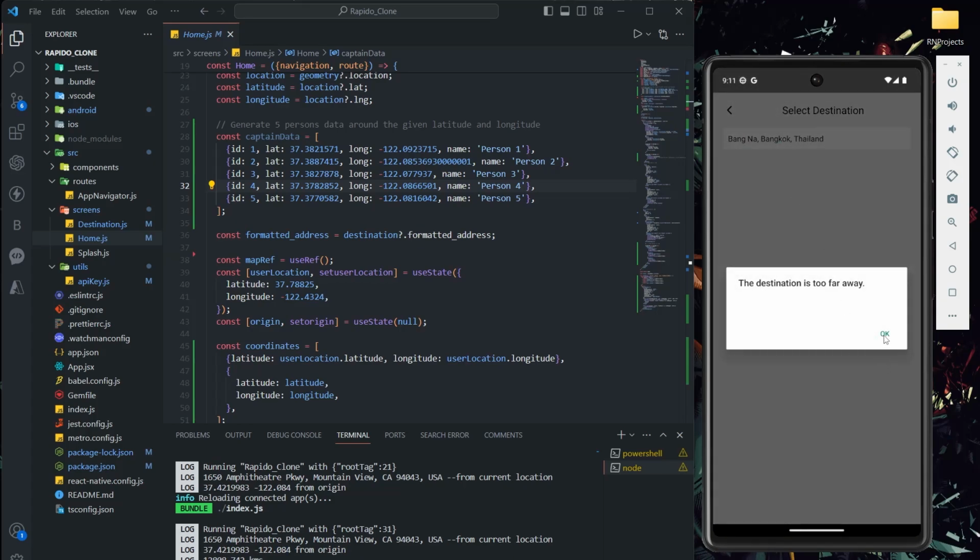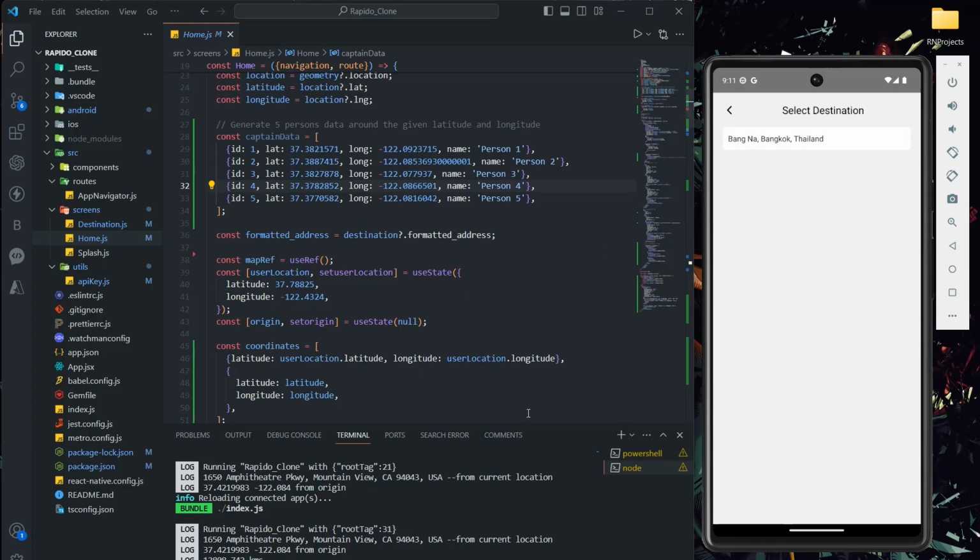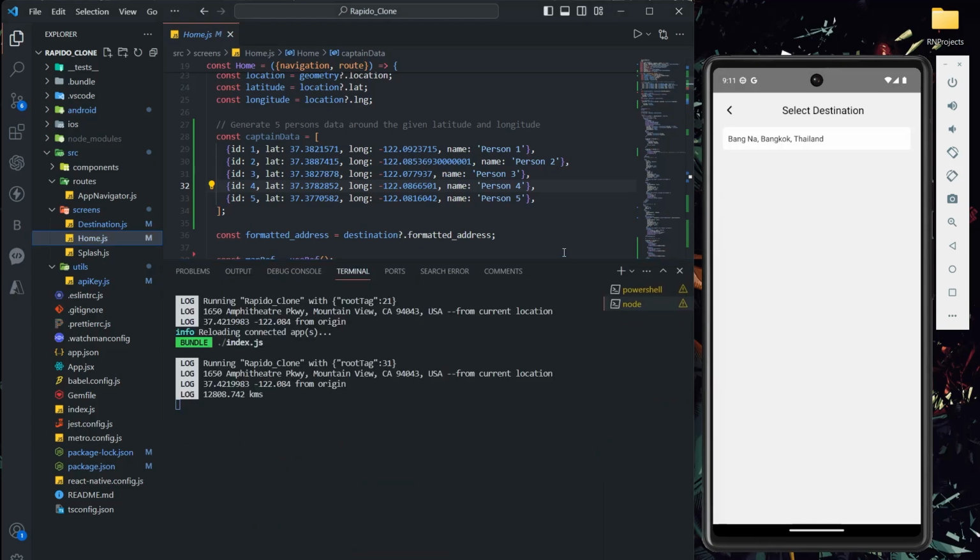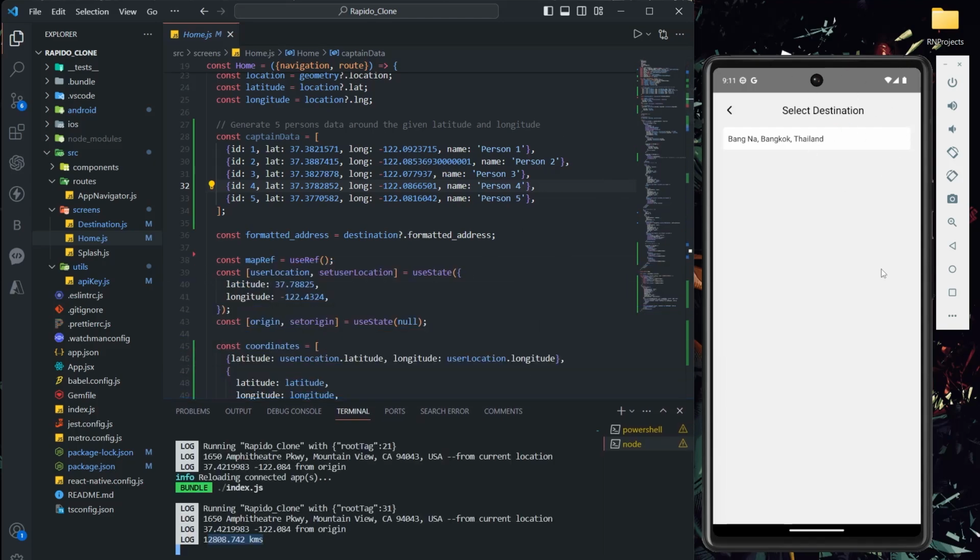So this is what we have implemented. Whatever the kilometers, it has to be below 50 kilometers, otherwise it's going to throw an alert. We are showing that alert. You can also see this kilometer; we are doing console logging as well. I have explained this implementation in the previous video. You can go and check out that video so you'll get a better understanding.